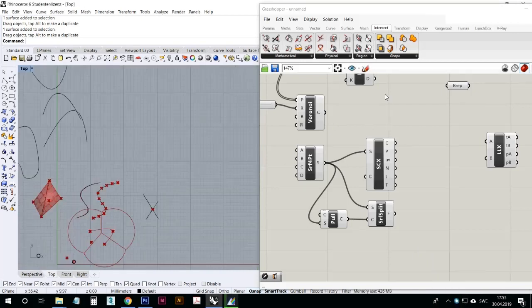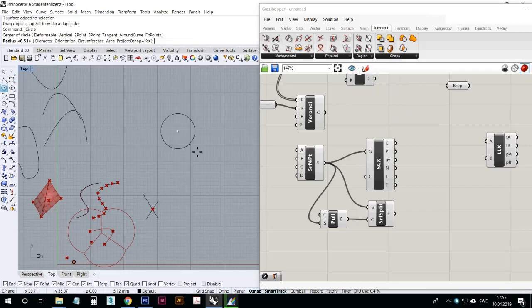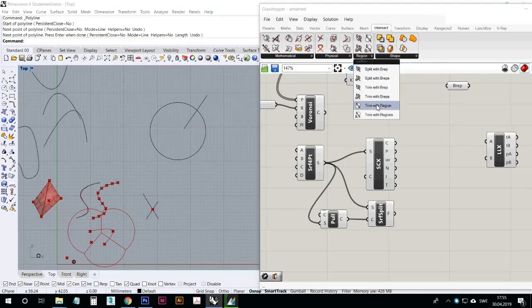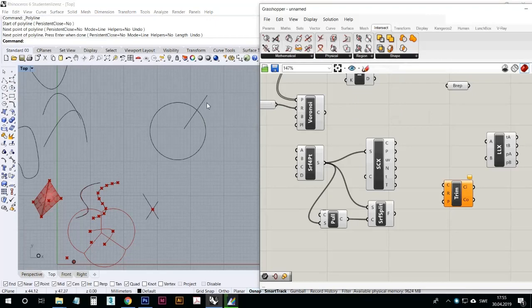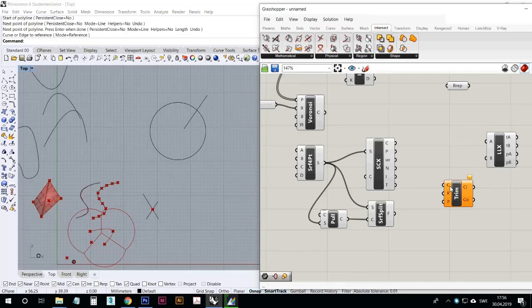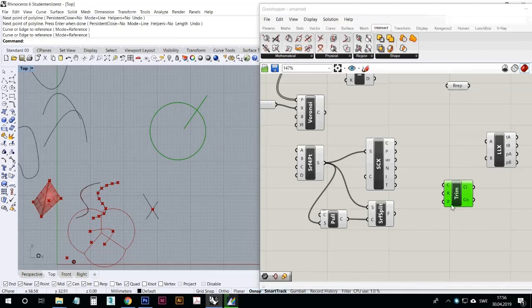So if we go to region, there's also a way of trimming. We can trim with regions. For example, if I have this and we have a line going inside it, we can trim that object. This curve would help from this component. So trim with regions, trim a curve. So curve to trim, I already selected that, and the region to trim with, set one curve, that's the circle,